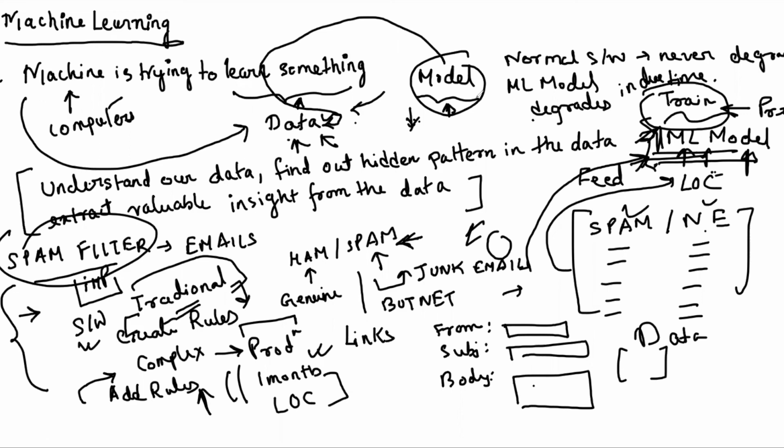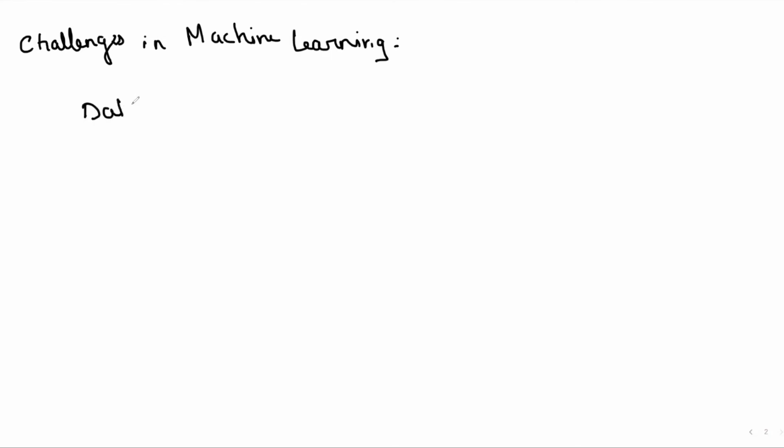Now, let's try to understand the challenges in machine learning. So, what are the challenges in machine learning? One of the challenges I have already discussed in the previous slide, where you need to retrain the model if the data changes its pattern. This is one of the challenges. The second challenge is, the whole machine learning depends on data, right? So data is crucial, right? If the data doesn't guarantee sanity, then there will be a problem. Our models will not be accurate, right? So data sanity is